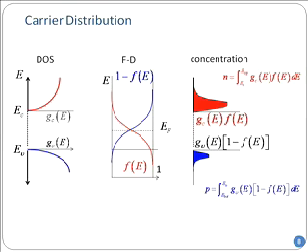Now it's very important that you understand how small Ni is, and I'm going to talk about that in a few minutes. Ni, if you put some numerical values in, 1 eV band gap, the number will come out for silicon on the order of 10 to the power 10 per centimeter cube, right? How many atoms do we have per centimeter cube approximately? 10 to the power 22 or so. So we have 10 to the power 22 atoms, 10 to the power 10 electrons. That means I have 1 electron for every trillion, 10 to the power 12, atoms.